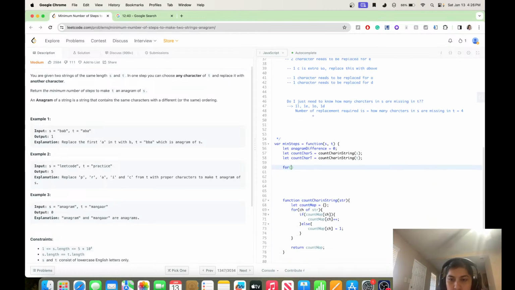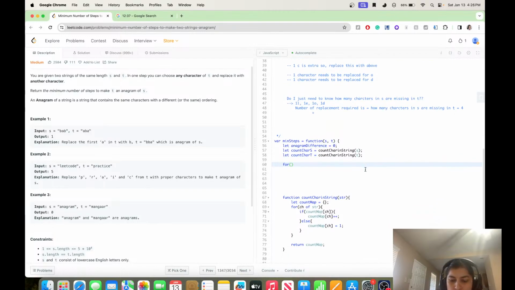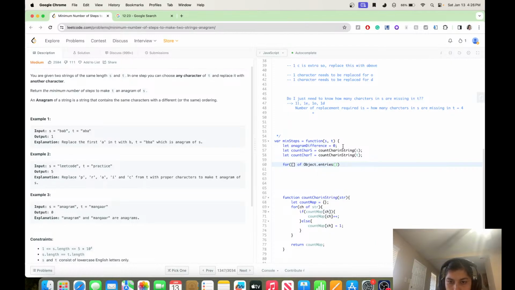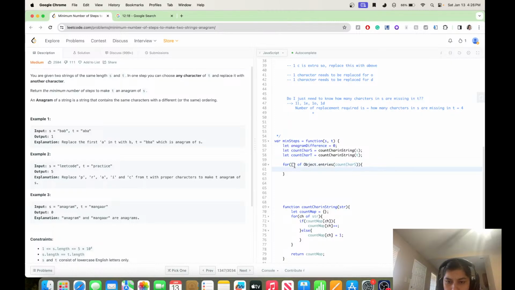So for count character in S, for key, for character and count, right? So this will give me an array of arrays. So for character and count, if